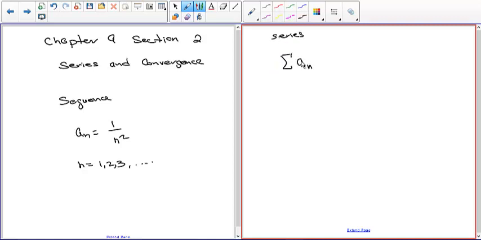So you will see a series look like this. You'll sum the terms from n equals 1 to something. We call it capital N, where sometimes n equals infinity. Well, it can't really equal infinity, but